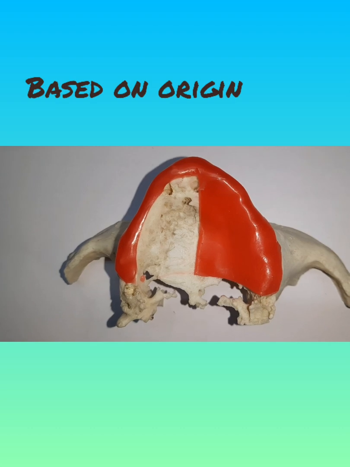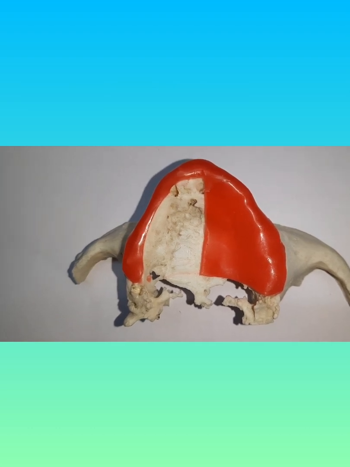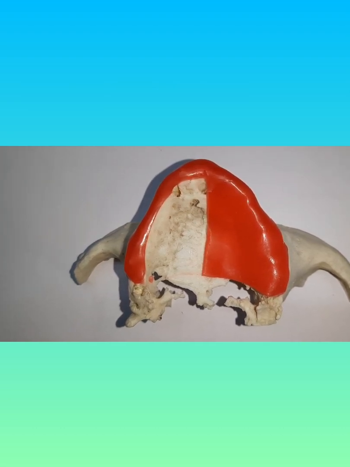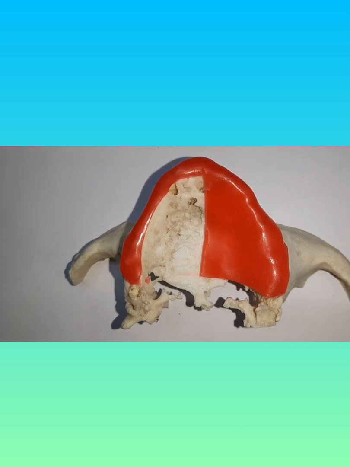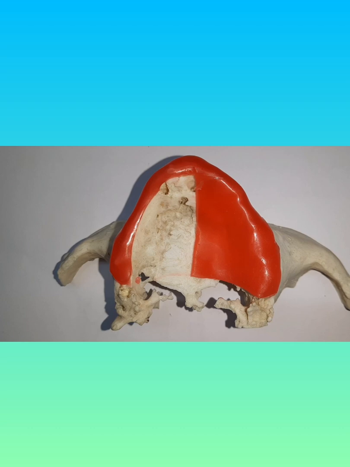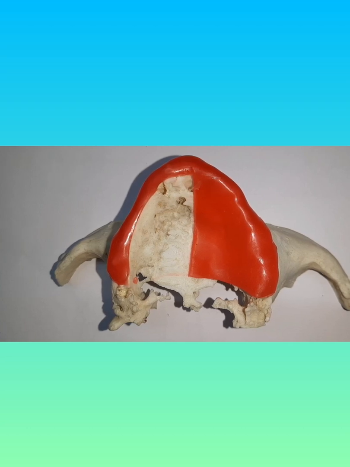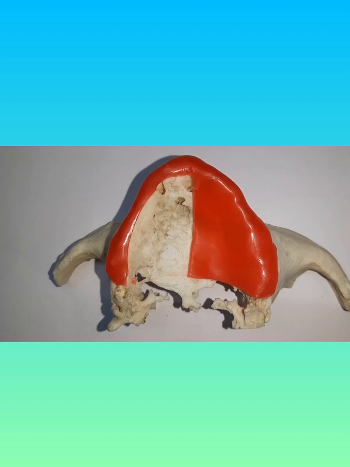Easy to understand, because there can be a congenital defect obturator, say for example a cleft palate patient, and you can have an acquired defect obturator, like if you are planning for a surgery or because of trauma, there can be acquired defect obturators. Next type of classification is based on the anatomical location of the defect.